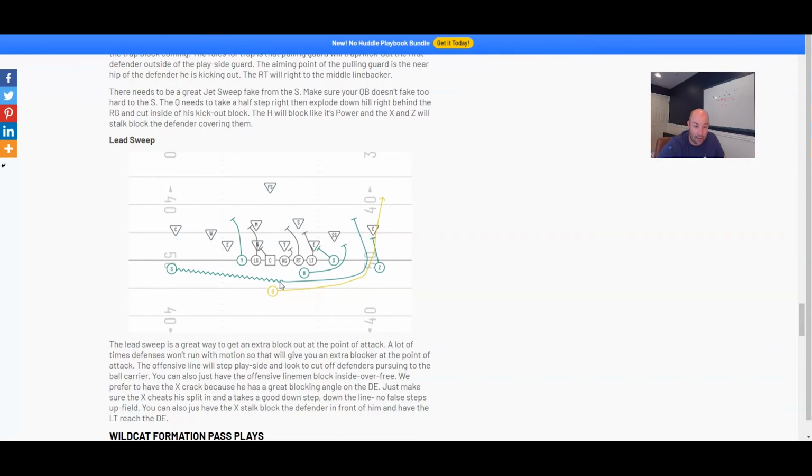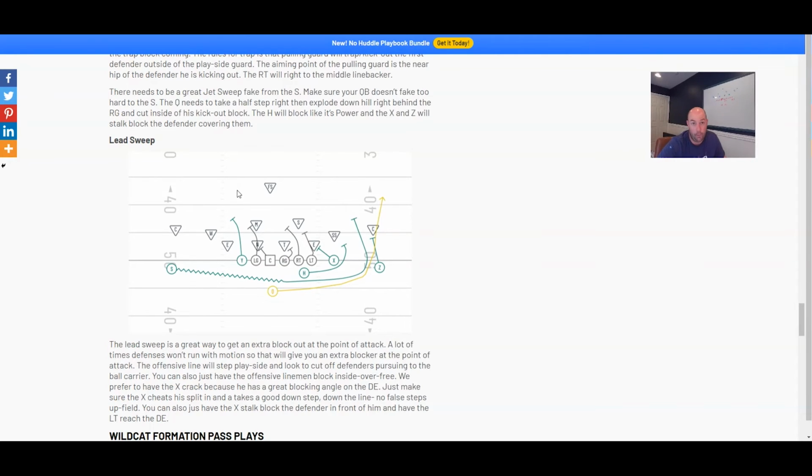He is past the center when this ball snaps. Just as he's passing the center, the ball needs to be snapped. What this does, it gives us even another blocker at the point of attack. So we're going to motion him across, and we get a +1 here. If they don't roll down or the corner doesn't roll with him, you're going to get an extra blocker. So if you see they're not running with your motion, you can motion them across and have him as a blocker, and you gain a +1, or you can motion him across and have him run a pass route,